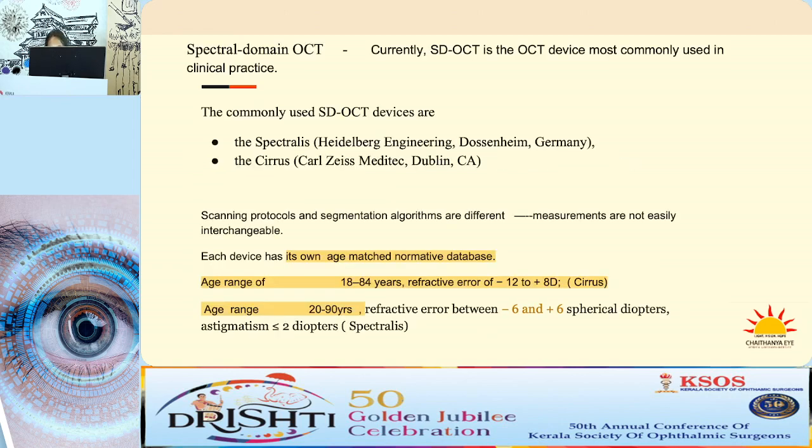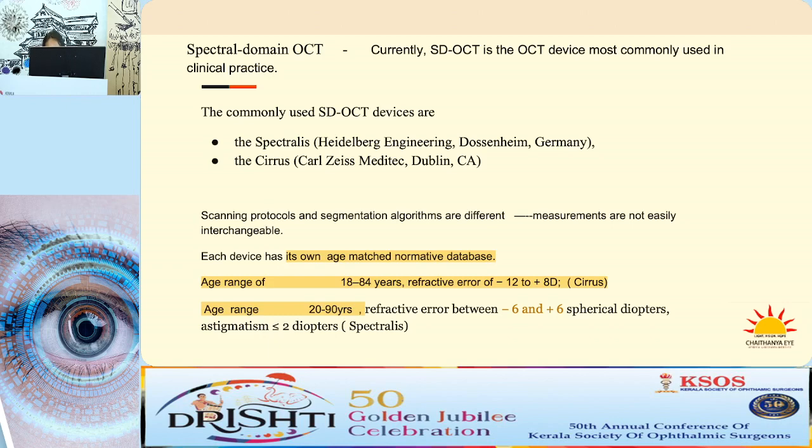Spectral domain OCT is the device most commonly used in clinical practice now, and the commonly used devices are the Spectralis and the Cirrus. The scanning protocols and segmentation algorithms are different, so the measurements are not easily interchangeable. And each device has its own age-matched normative database, and the age range in the Cirrus machine is 18 to 84 years, and the refractive error is -12 to +8 diopter, and in Spectralis it is -6 to +6, and